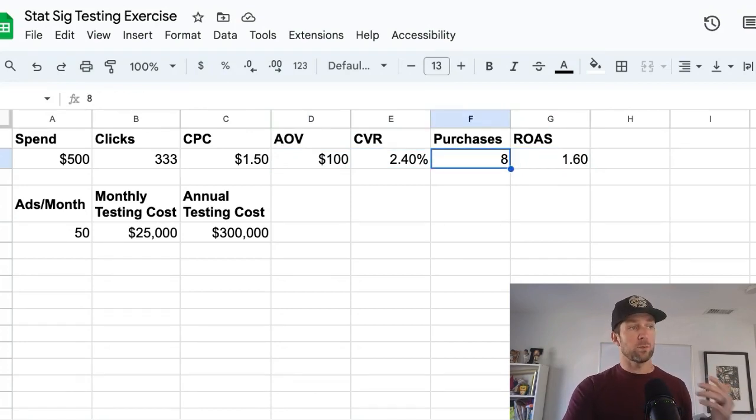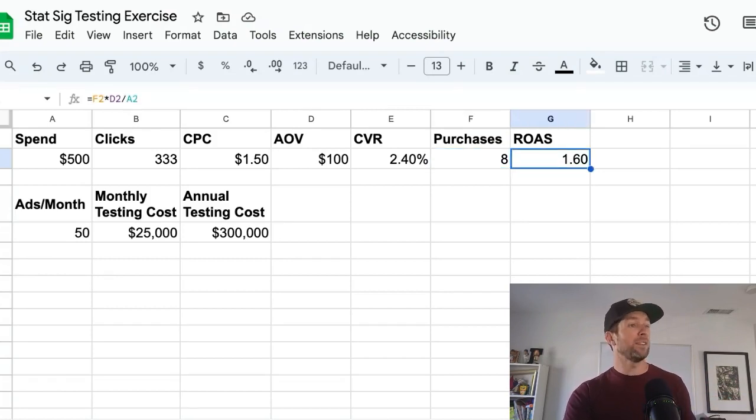And a 1.6 ROAS, if you got that for most brands, depending on their unit economics, depending on their standards, again, this would change for a lot of brands, but I think this is reasonable. They would look at that and say, this creative at least has a chance to work. Maybe they actually need it to be like a 2 to 1, but we'll give them a lower standard here and say, okay, if you get a 1.6, we'll move it.